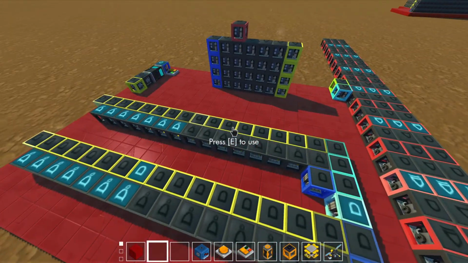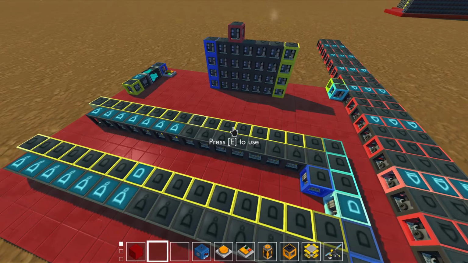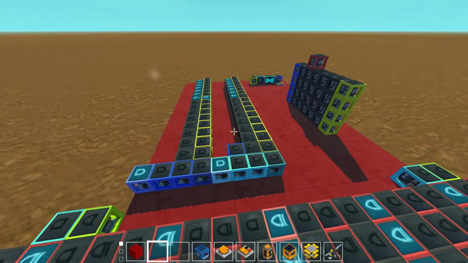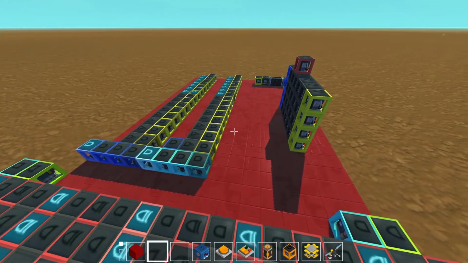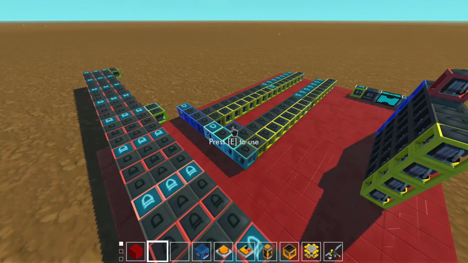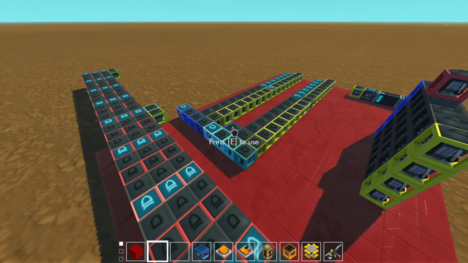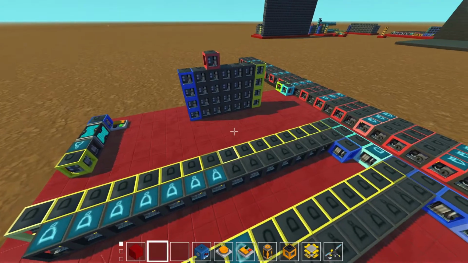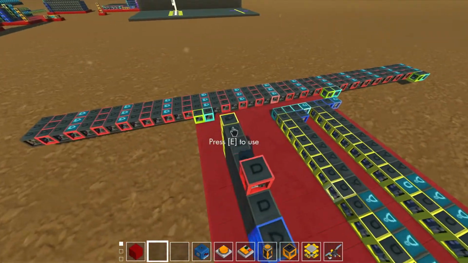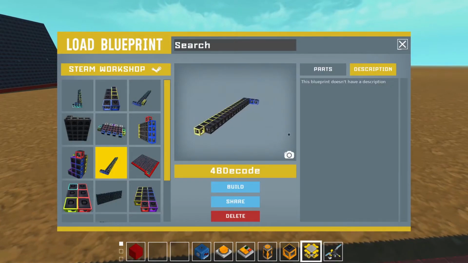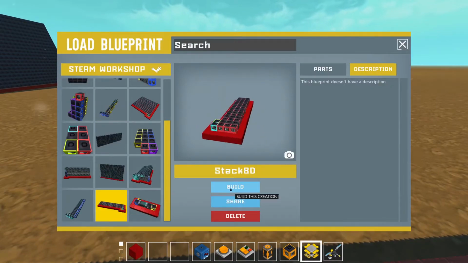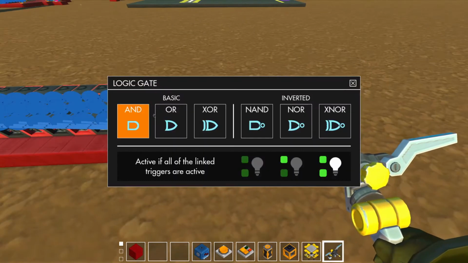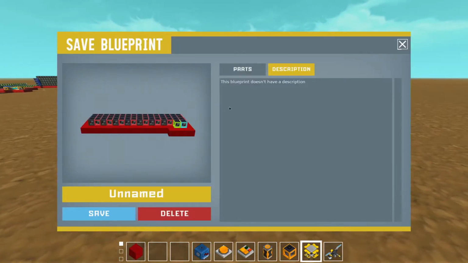So, there should be conditional instructions and unconditional instructions. Trying to think of exactly how to implement that. And I'm also going to want to fix this problem so it never happens again.